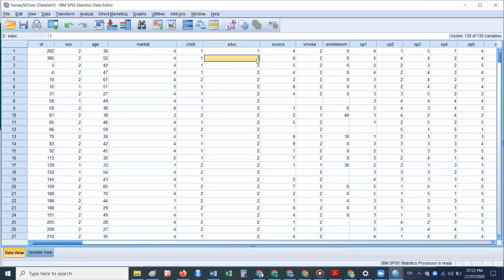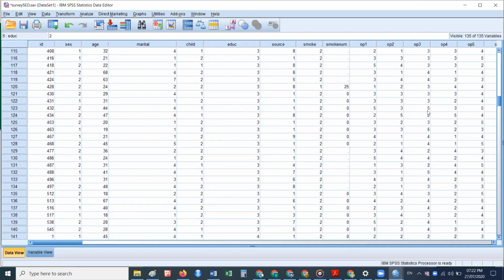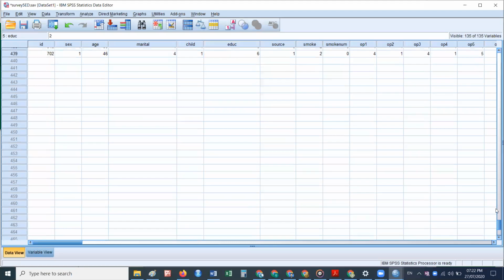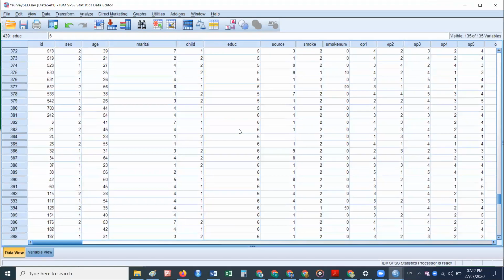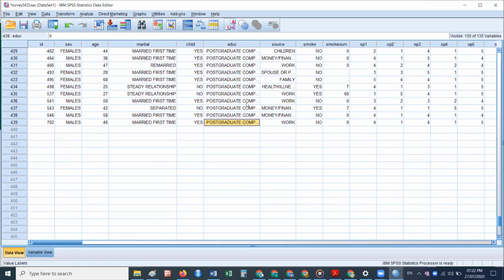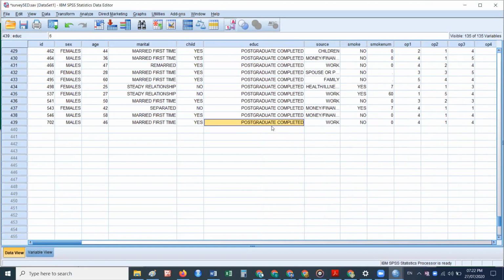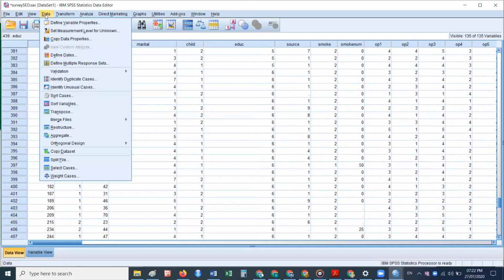Education level 1, 1, 2, 2, then lastly we have education level 6, because the maximum education level was 6. You can see the text of that, postgraduate completed. That is the maximum education in this data file, having the code number 6. So you can sort the data by this option.